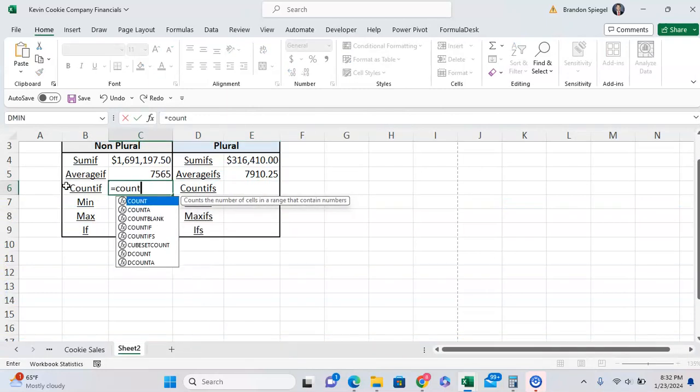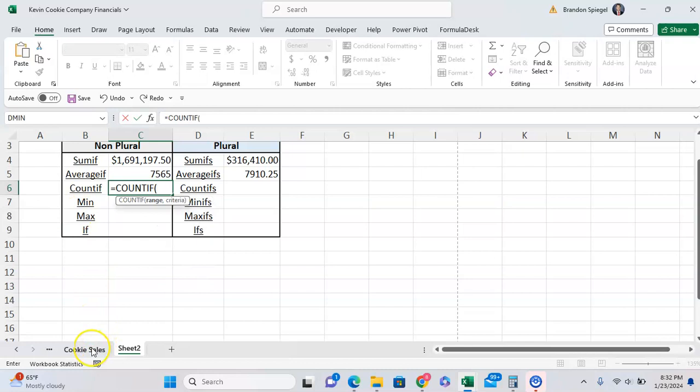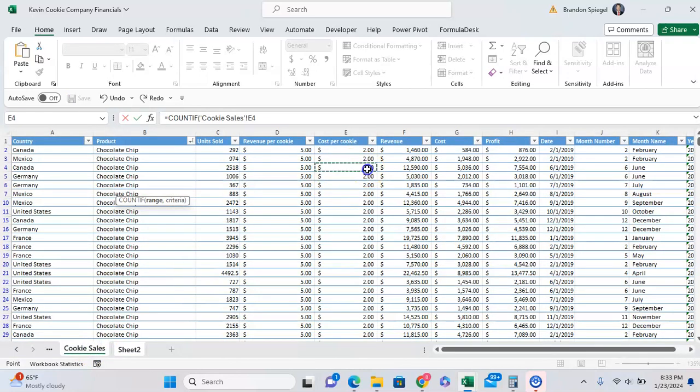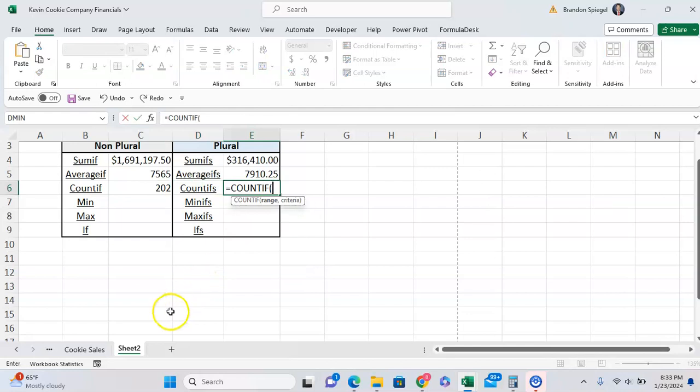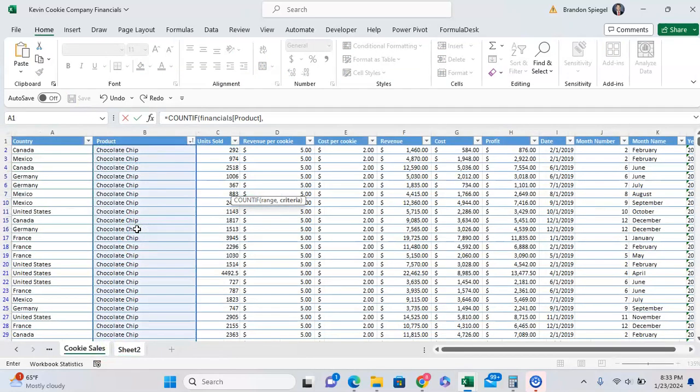And same thing with COUNTIFS, it is a bit different because you don't have a count range, you only have a range and a criteria. So I want to do the COUNTIF of, you don't have like an average range, the criteria range is also your count range, for example. So let's just say I wanted to count the number of sales which were chocolate chip. I'm not going to reference the revenue, but I'm going to have that be chocolate chip. As you can see, 202 cookie sales for chocolate chip, but for just Mexico, it's going to be